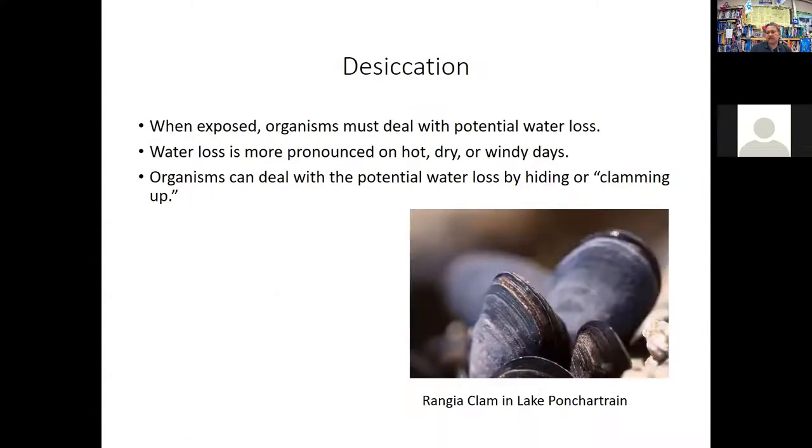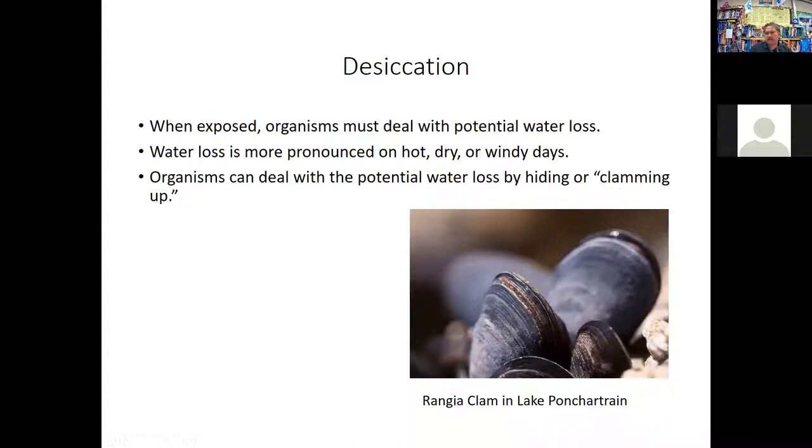Desiccation means that they dried out. And so when exposed, organisms must deal with potential water loss. Water loss is more pronounced on hot, dry, or, we forget, also windy days. The wind increases the evaporation of the water, and organisms can deal with the potential water loss by hiding or